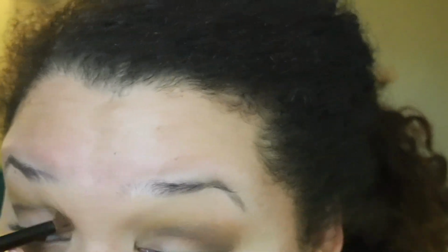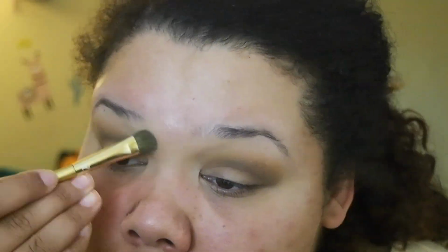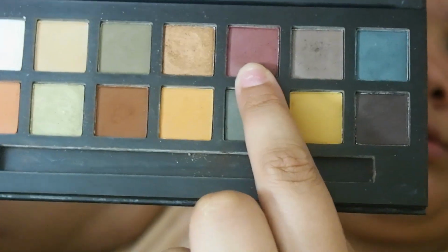And that's the one I'm talking about. And then I'm going to add a little bit more of that to the edges of the look, just to blend it out a little bit more. And I just wanted to add a little bit of that. And I'm just layering that up until I actually like what it looks like. And then I'm putting on a brow bone type color, not from that palette, but from the contour palette I used. And then I'm going with that red color, putting that in the crease, building that up in that outer